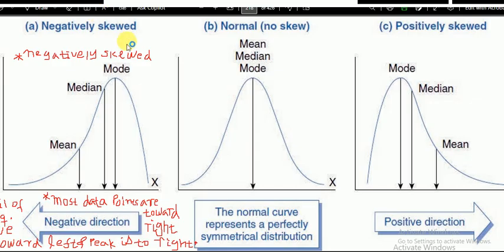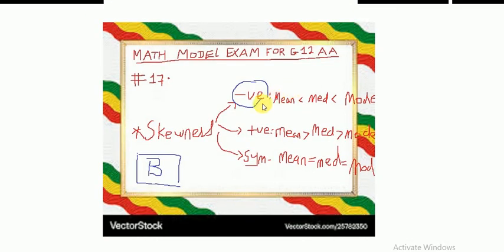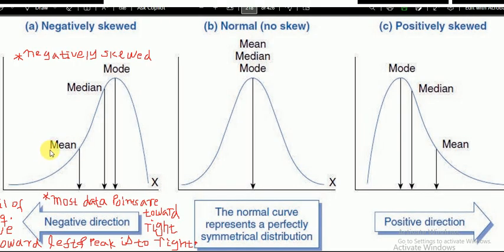There are three types of skewness: data can be divided into three types based on measures of skewness: negatively skewed data, positively skewed data, and symmetric data. We say data is negatively skewed if its tail is on the left side. Its tail is on the left side means its peak is on the right